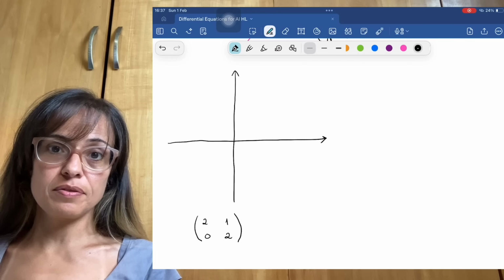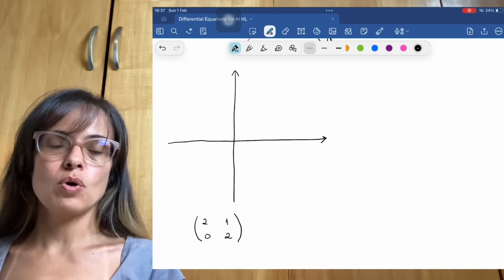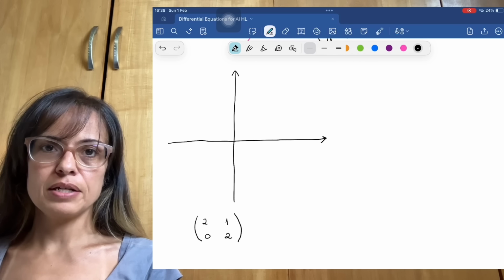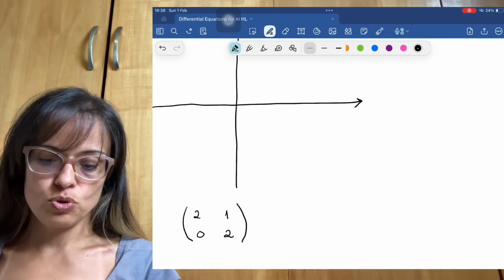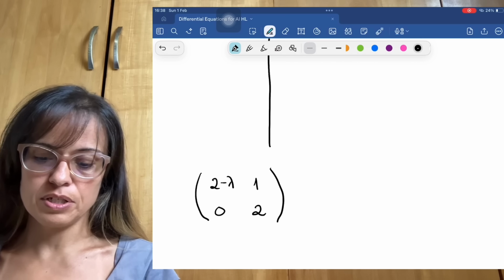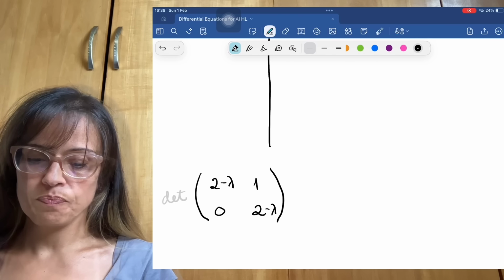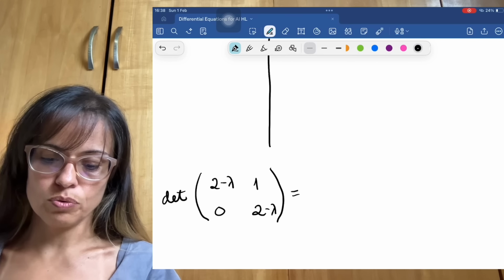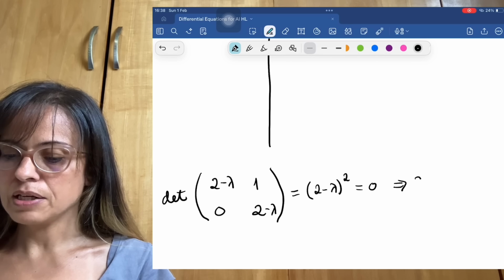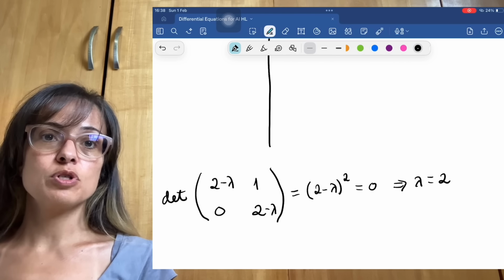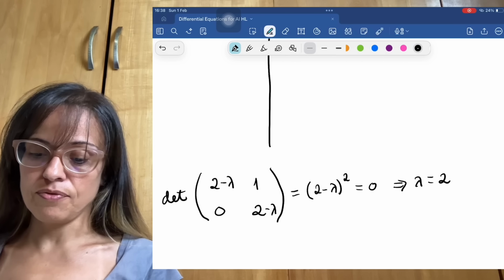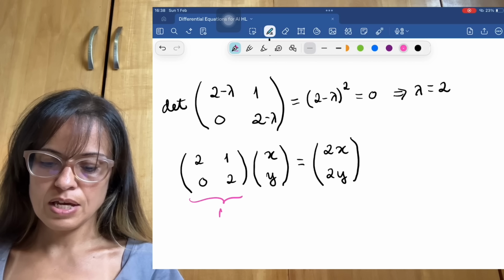So for example, say that this is the matrix, right? And now I want to do this minus lambda times the identity matrix to calculate the determinant that gives me the eigenvalues. This determinant is going to have to be equal to 0. Well, clearly I'm getting lambda equals 2 with multiplicity 2. But let's look at the eigenvectors now. So this is Mv